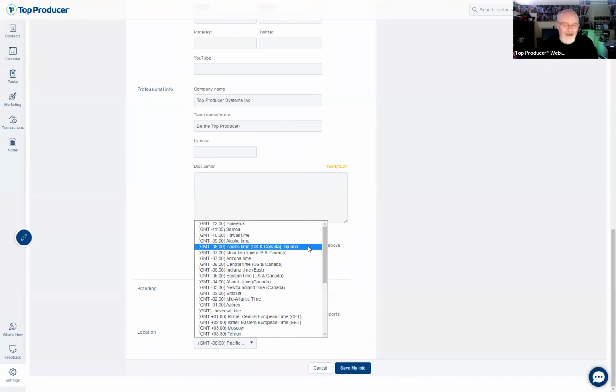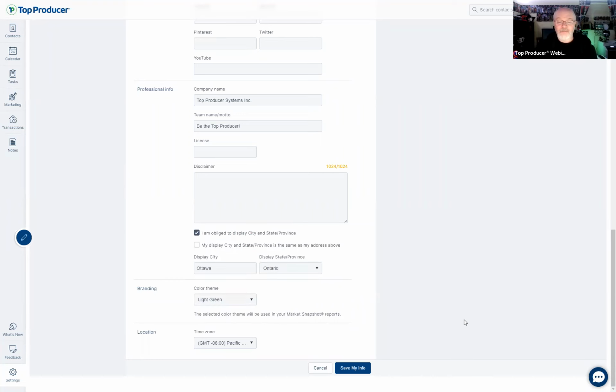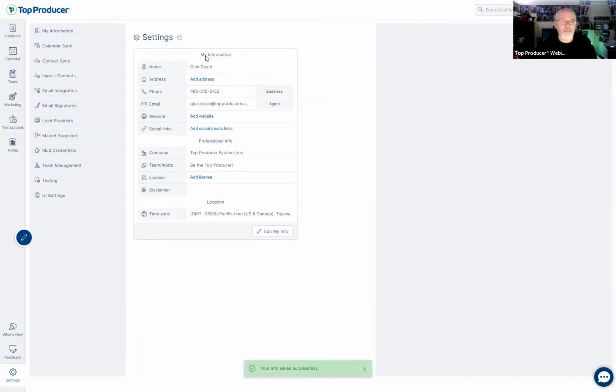Instead of having, I have my city as Ottawa, but if I leave my time zone as Pacific time, I would still get everything in Pacific time. So I would confuse myself because they're 3 hours ahead of me. So make sure you have all this set and then just save my info.